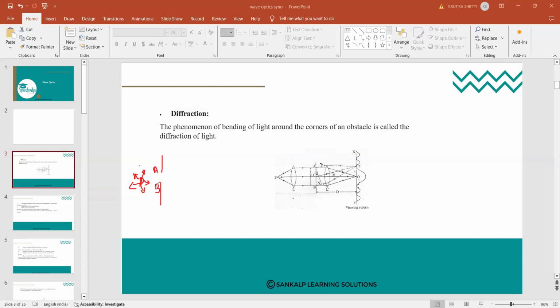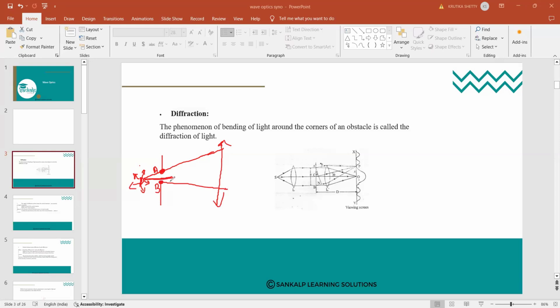But here, at the portion A dash B dash, the light flows straight, okay. But when it comes to this point, only the portion A dash B dash of the observation screen should be illuminated, but here the light will change direction. So what did you see here? At the edge, the light is bending at the corners. So light is bending at the corners.